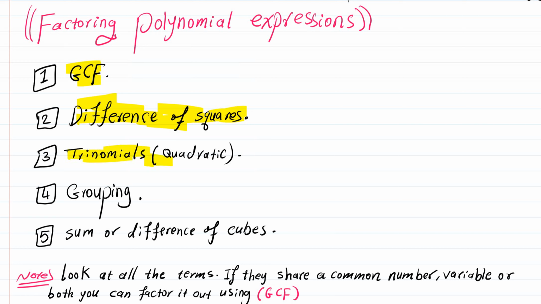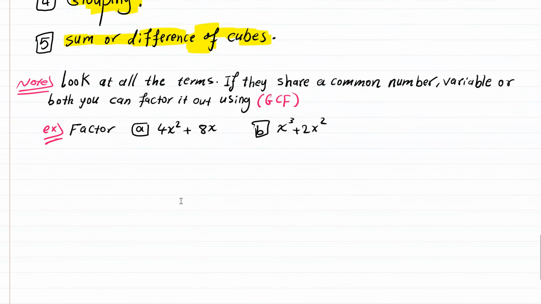Trinomials, usually we use this one with quadratics. Grouping, if we have 4 terms or more. Sum or difference of cubes, when you have x to the power 3, like two cubic terms, when there is addition or subtraction in between them. We have an important note, students, that